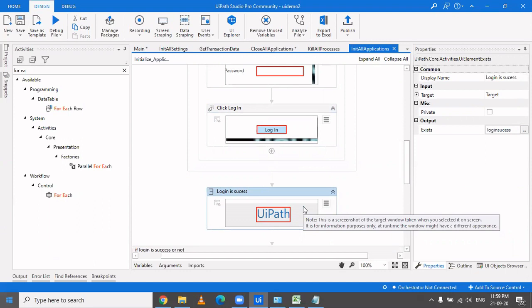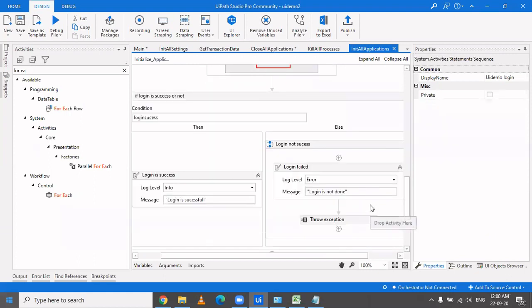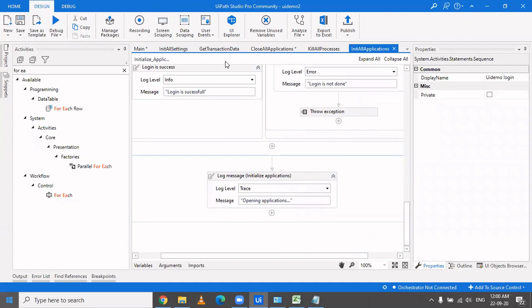So it is very necessary, even if the business or the client does not tell you. It is a very basic business validation which should be taken care of if you're dealing with any application, even if it's SSO, single sign on. Then also you should make sure whether you have landed on the page you desired, or if the system is down for any XYZ reason. So this should be checked and accordingly notified if the login is not successful.